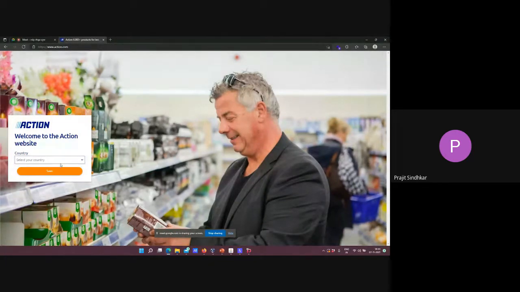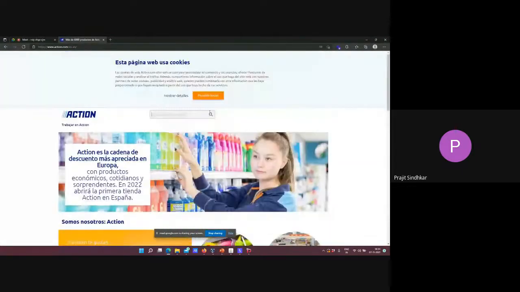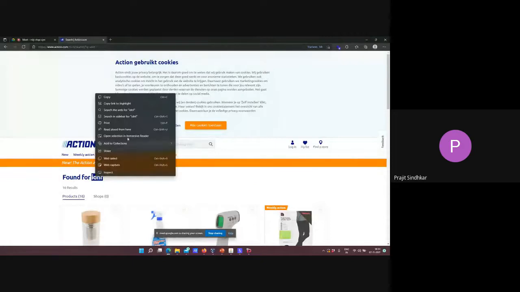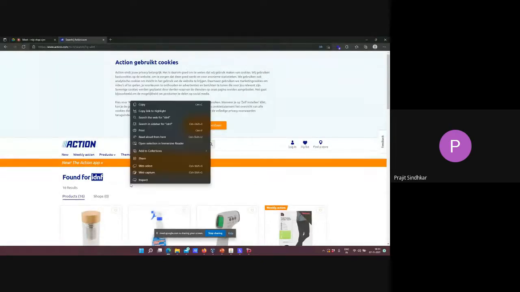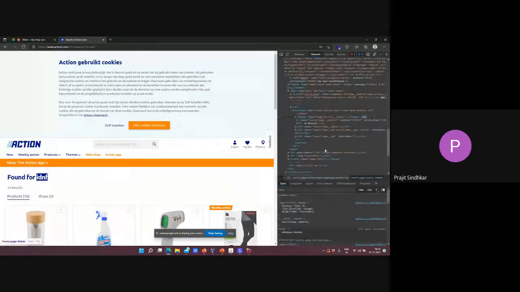Okay, so there is pretty limited functionality, or I have to open one site. Okay, let's do Italia. Now first of all, if I get a search bar, I always try IDNF and check out the page source. Or you can even do inspect if page source is not there.